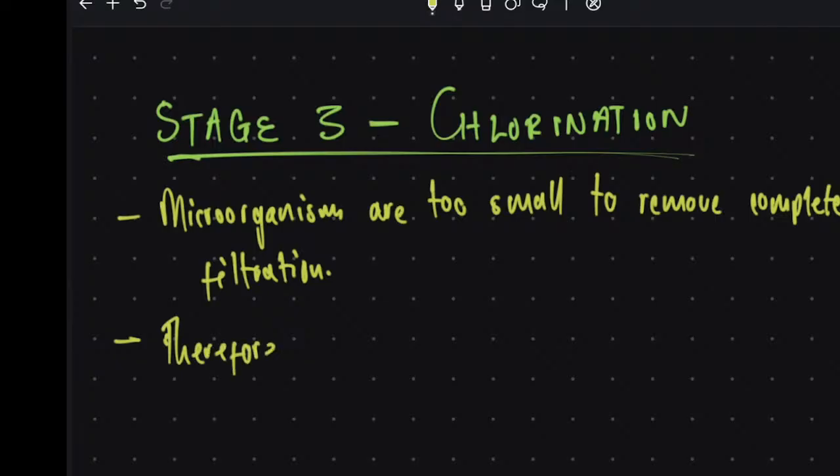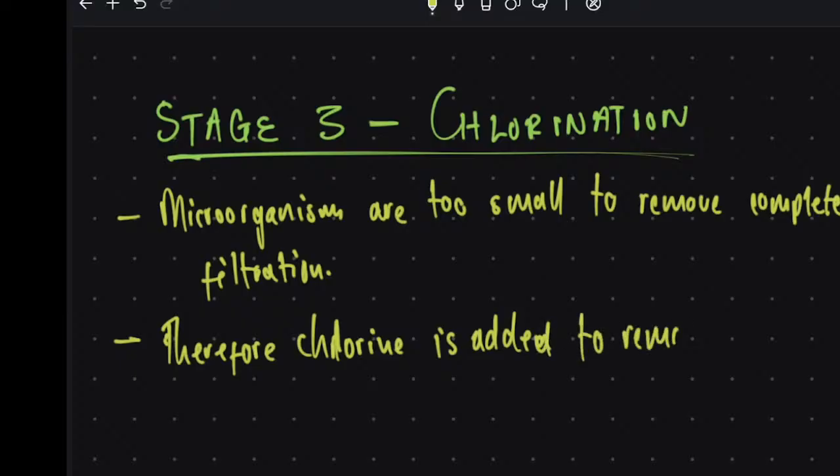Therefore, chlorine is added to remove or to kill. Chlorine is added to kill microbes and prevent your typhoids and your choleras and all these things that are very, very harmful. Okay? So when I just say microbes, I just want you to say here